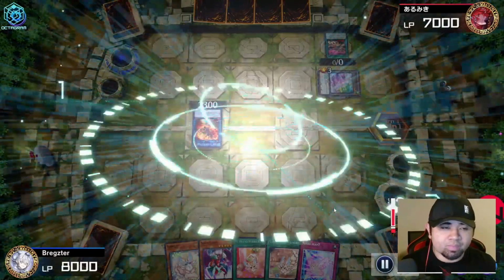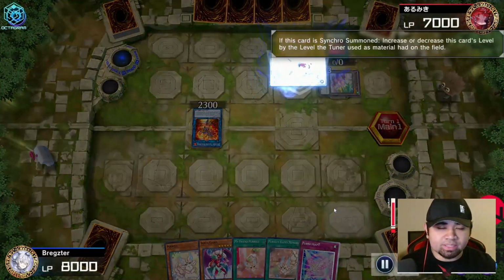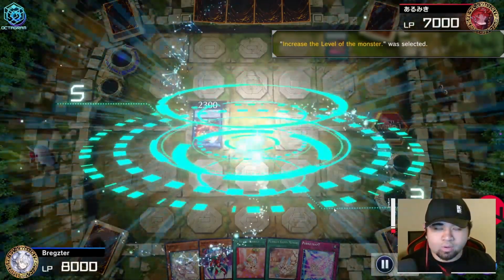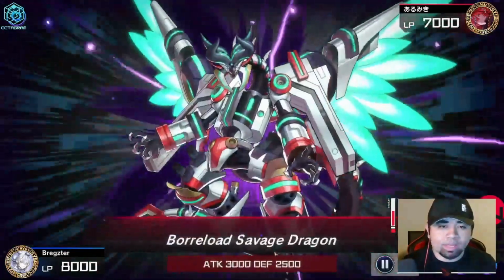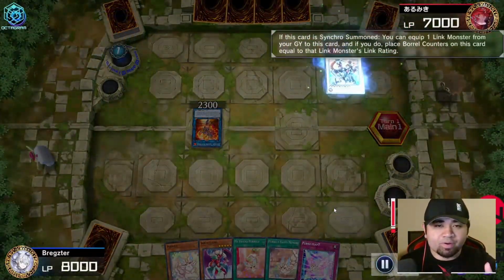So there we go. Cupid Pitch on the field. And with that Cupid Pitch, increase its level. Going for Boral Savage. There we go. Boral Savage Dragon on the field. And with the help of Birth, I was really